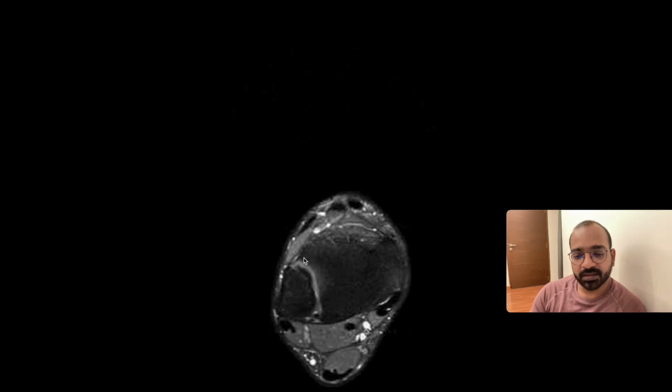So here we can see this T2 hypointense band. What we are seeing anteriorly is the anterior inferior tibiofibular ligament, and this is the posterior inferior tibiofibular ligament. So these are the anterior and posterior tibiofibular ligaments. So as we go down,